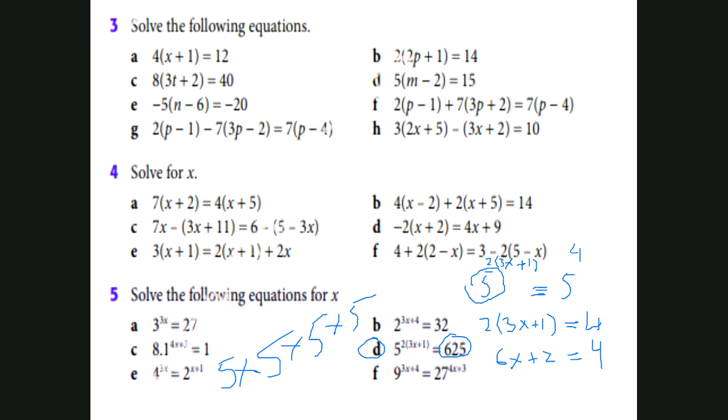So how can I eliminate these two? I will subtract 2 on both sides, minus 2 and here minus 2. So this minus 2 plus 2 cancels out, so 6x will be 2. 4 minus 2 is 2. Now what is the coefficient of x? That is 6. It is multiplying, so you will divide it by 6 on both sides. So 2 ones are 2, 2 3s are 6. So x is equal to 1 over 3.